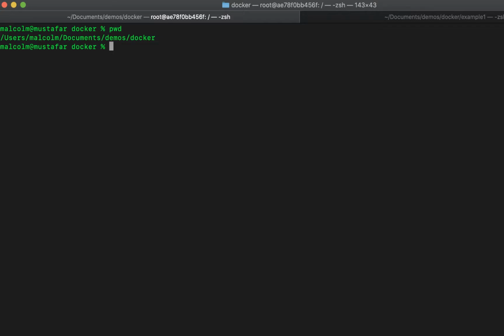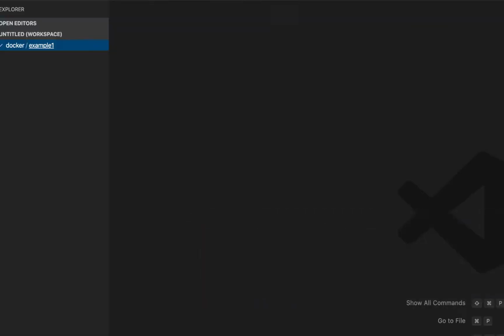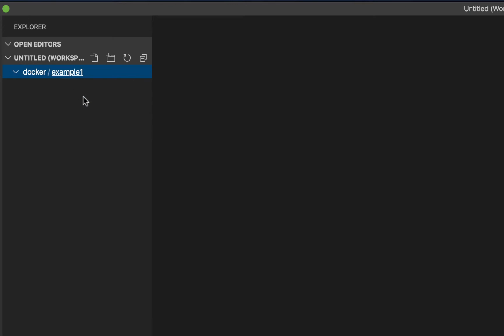I'm in my Docker directory, so let's make a subdirectory called example1. Okay. And then actually I've got an editor open, so let me jump over here. Inside my editor, let's create a new file,